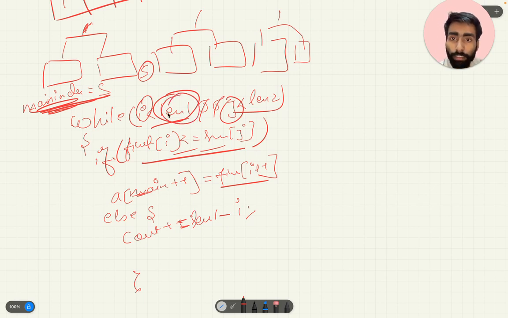If the length of the first is, let's say, 5 and this index is 2, in that case 3 swaps are required. So 3 will be added to the count. In that way we will do the rest. So let's start coding for the same.